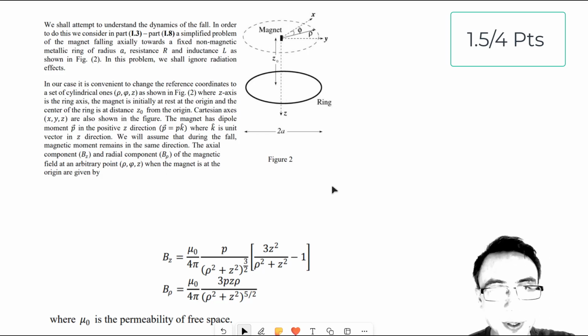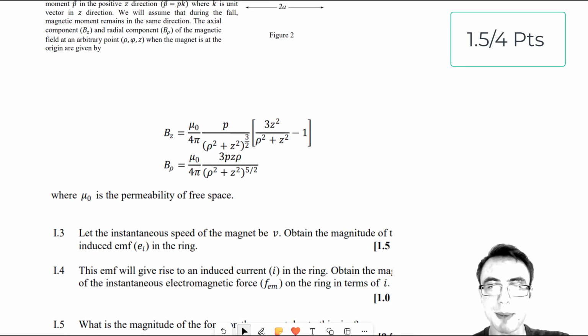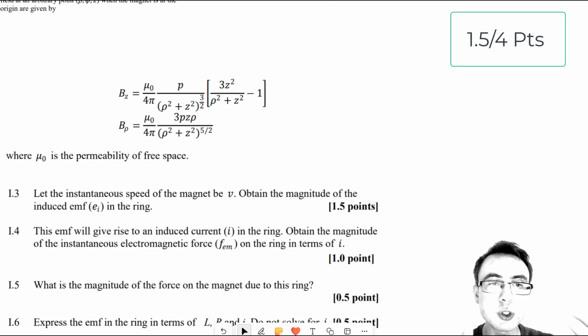We're also given that the magnet has dipole moment in the positive z direction, and we'll assume during the fall the magnetic moment remains constant, and we're also given an expression for the magnetic field in the two directions. Okay, so let the instantaneous speed of the magnet be v, obtain the magnitude of the induced EMF in the